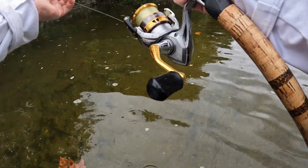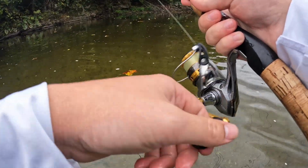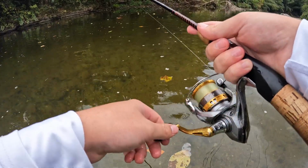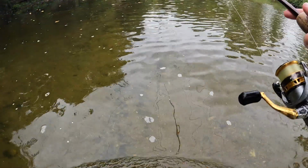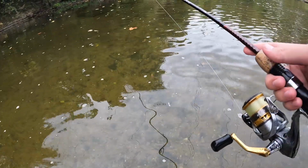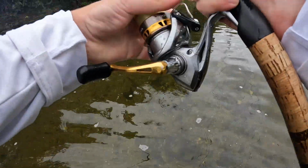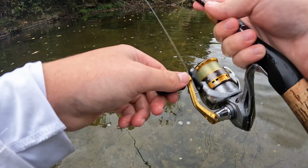Thankfully I decided to bring the waders today because this water is not incredibly shallow. I'm almost waist deep in the water right now, definitely thigh deep. These are waders I was recently recommended by a friend of mine. They're Tide waders. I don't know if that's how you properly say it, but it's basically just Tide, W-E. And I think they primarily do duck hunting stuff, but this was a cheap pair of waders I got